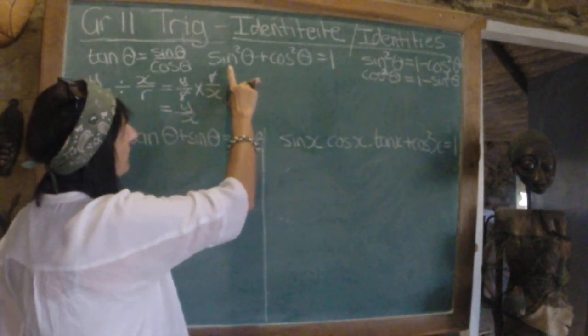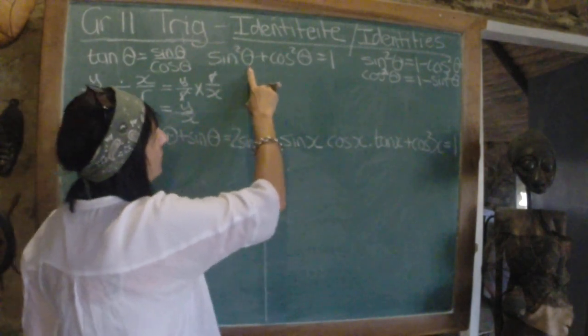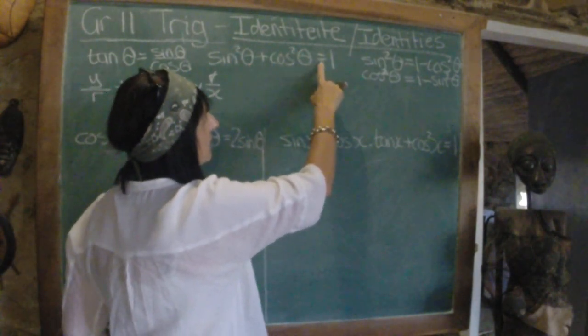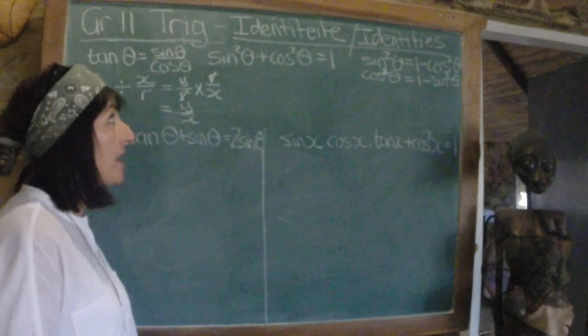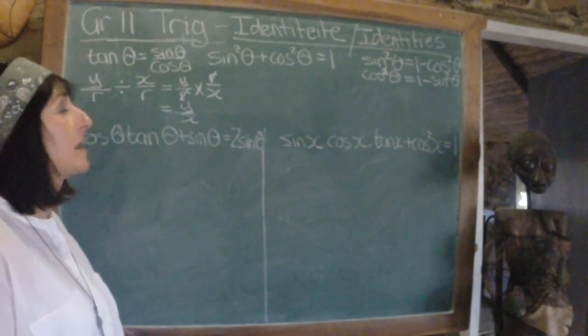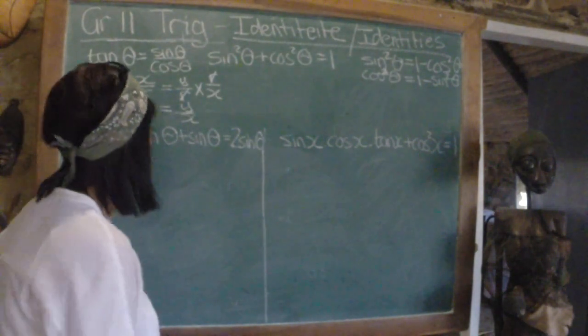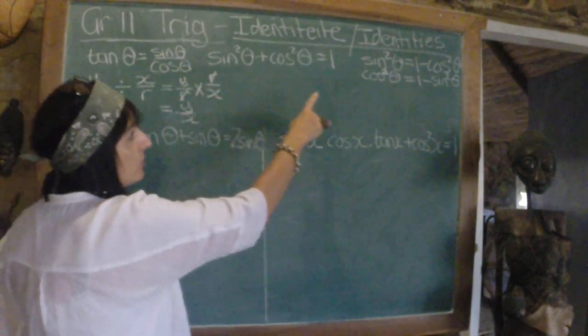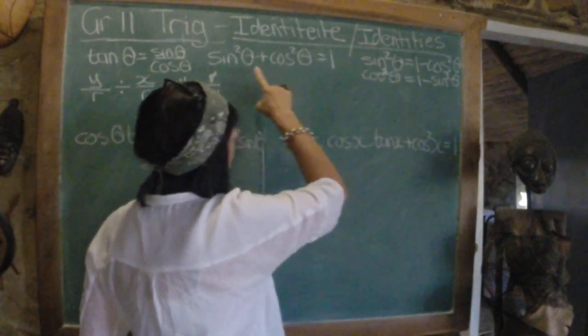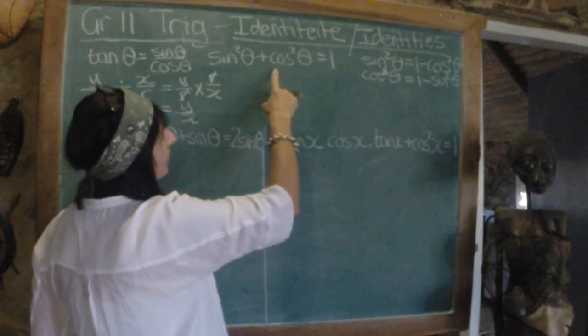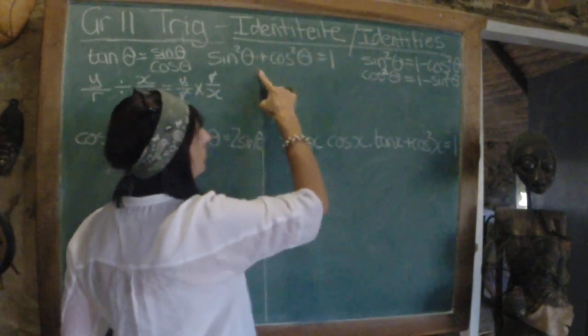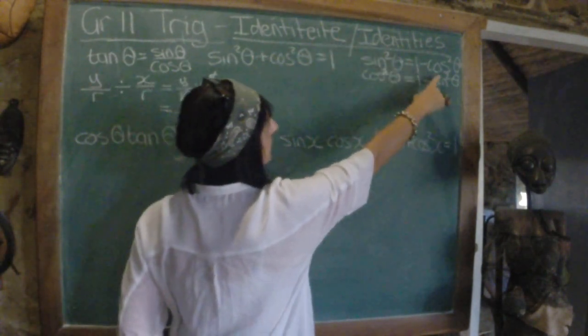Die tweede identiteit wat jy moet ken is sin kwadraat theta plus cos kwadraat theta is gelyk aan 1. That's very important. You must know it by heart, both of them. If you look at these two, dis presies dieselfde as hierdie een. Al wat jy gedoen het, ek het hier die cos kwadraat theta,